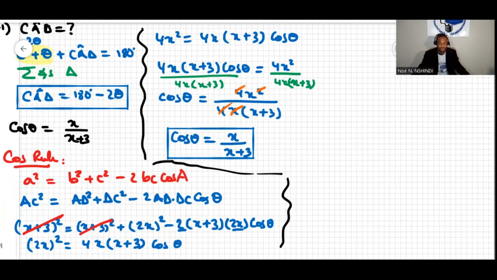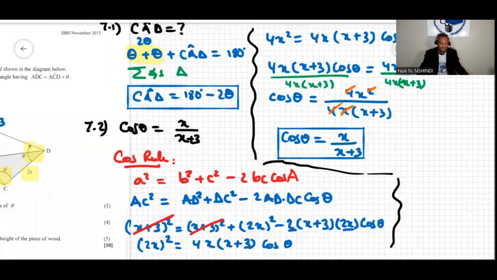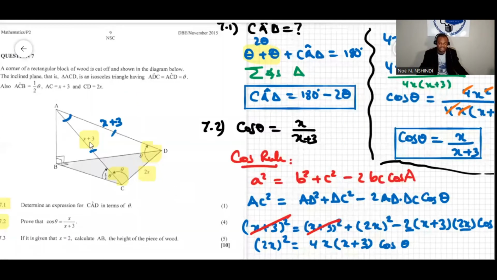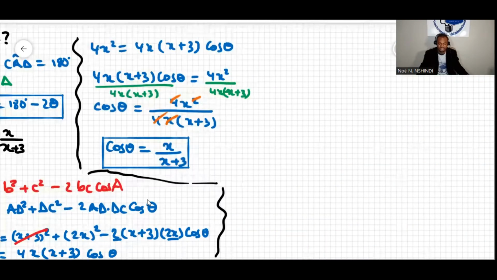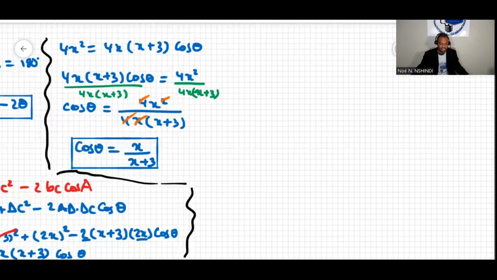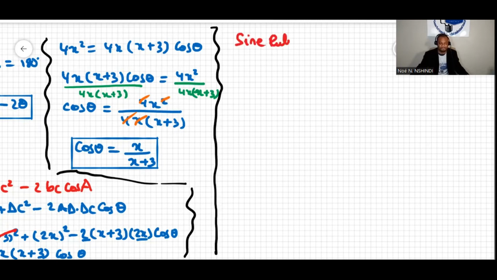We can also prove the same calculations. We can prove that this expression is correct by also using the sine formula, because we have angles and sides given here, so we can also use the sine formula. I will set out the sine rule here, splitting my board like this. The sine rule is given by sine theta. Let's first